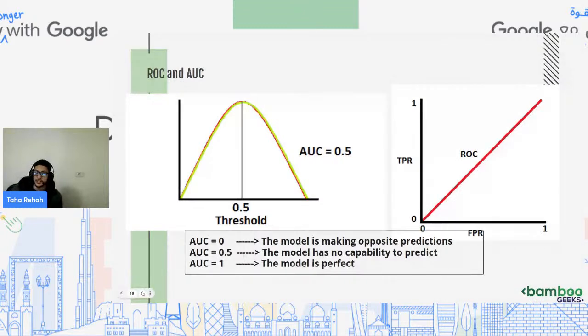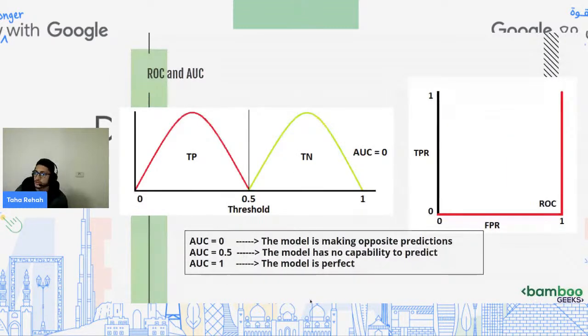Then there is the case when the AUC equals 0, completely 0. It's the opposite. You can see no true positives are here and true positives are there, so they are switched. It can be interpreted, to be honest, in the opposite way. If the AUC equals 0 at 100%, then you can switch between the interpretations. But it's rare to find an AUC equals 0. If you found it, you can say that 0 equals 1 and 1 equals 0, the opposite. You can do the opposites on your own.